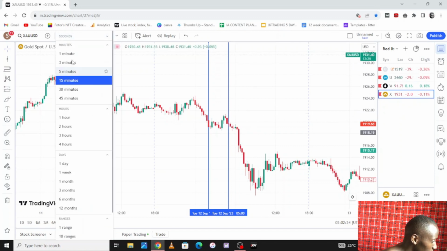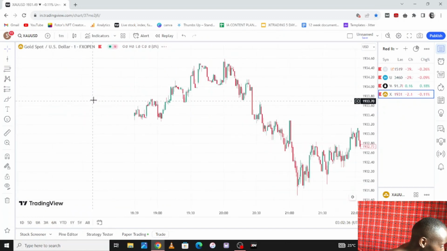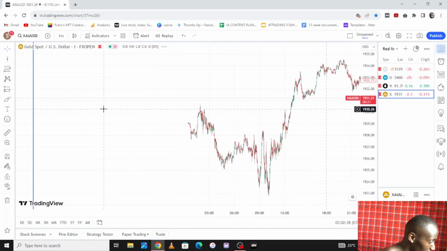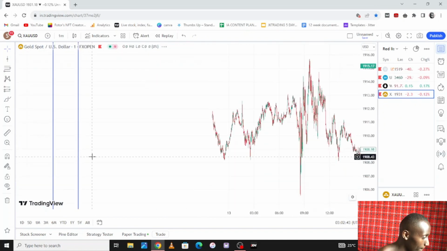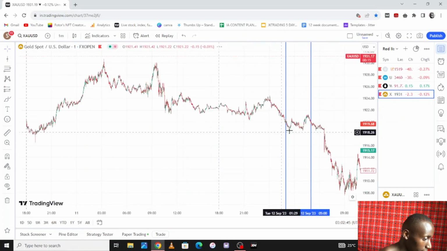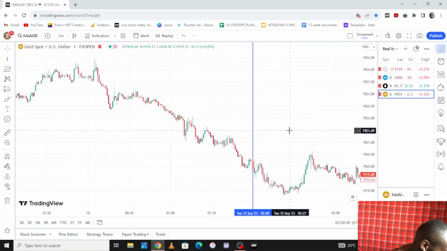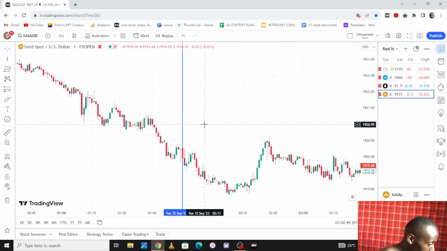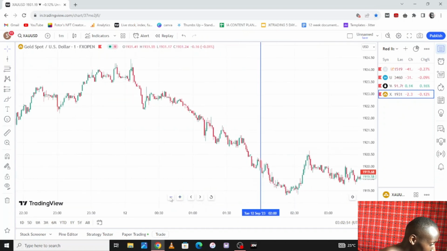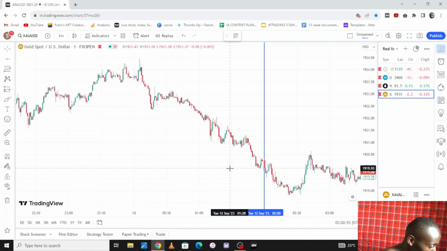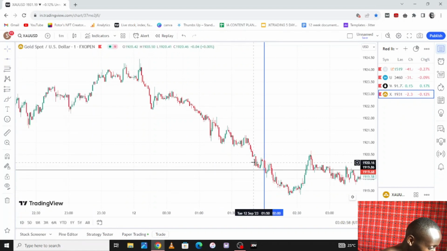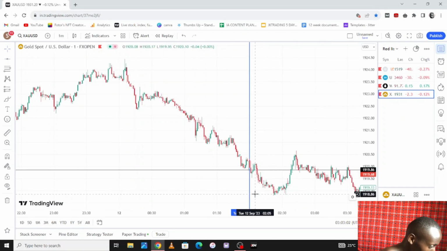Right, hopefully we will be able to scroll back. And here we are. So we already have the breakout, this being the low. So price continues breaking down, and then